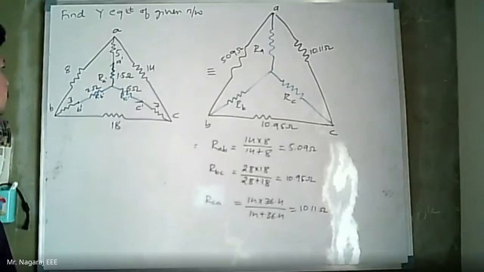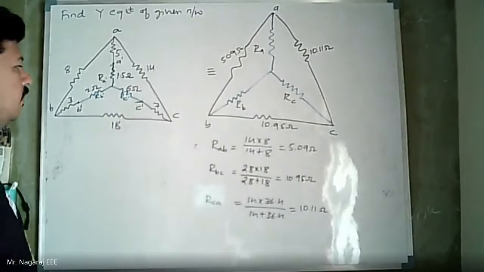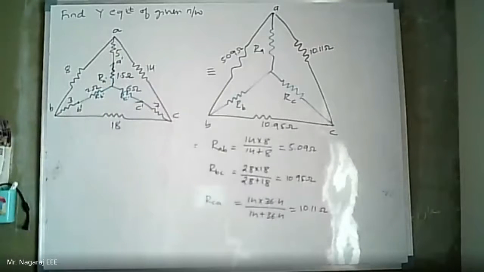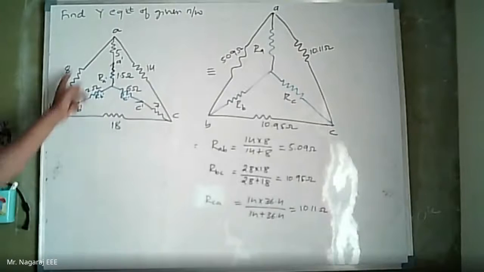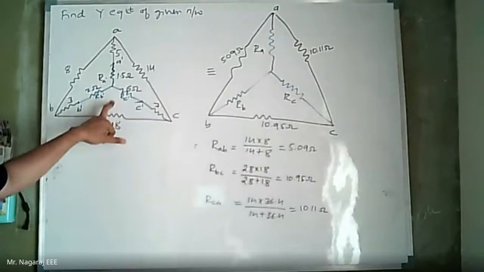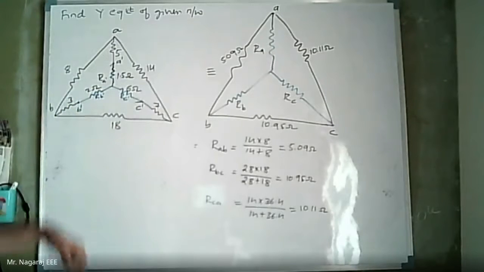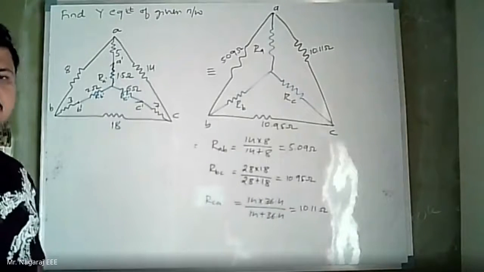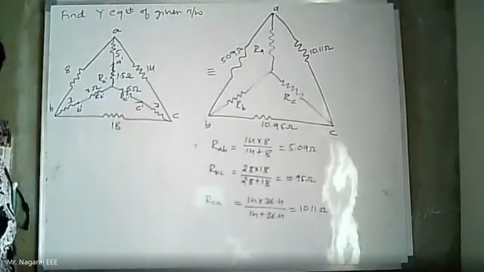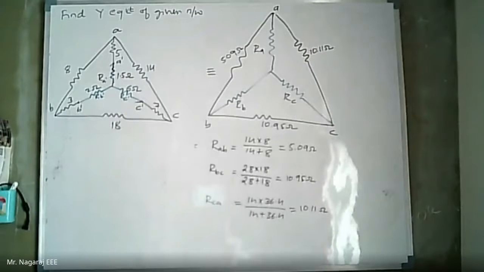The other way we could do is convert the outer delta of the circuit given. Outer delta you could have converted into the star, and the inner delta converted into the star. Now the inner delta is converted into star, you can convert the outer delta into star. Now two stars will be in parallel to each other. But it is a little bit complex connection. It is not exactly like two deltas in parallel connection. So that will add more complexity in the solution. Therefore, we followed this process.